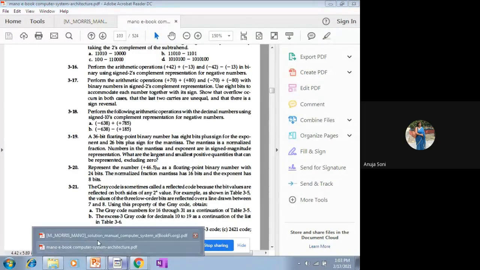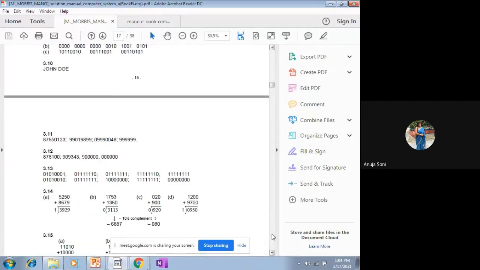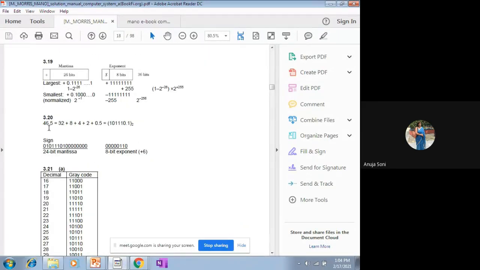What will be its binary form? I'm coming to the solution only. It has to be converted into the binary form. This will be the value. Now we have to find out the mantissa. We have to float this decimal to the left hand side. We have to place it in the beginning, then count the number of digits on its left hand side. 1 2 3 4 5 6. So it will become 6. 2 raised to 6 will become the value of exponent. Whenever it is converted into binary, the remaining values have to be filled with zeros. Why? Because in the question it has been written that the exponent needs to be stored in the capacity of 8 bits.